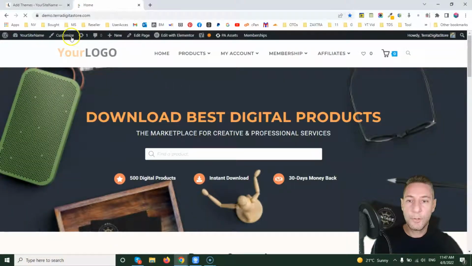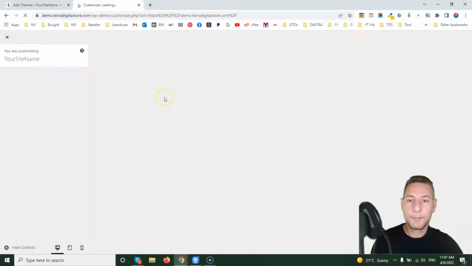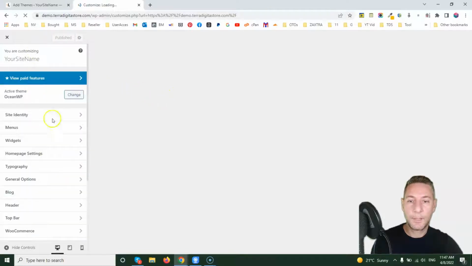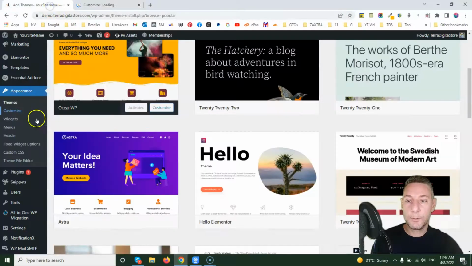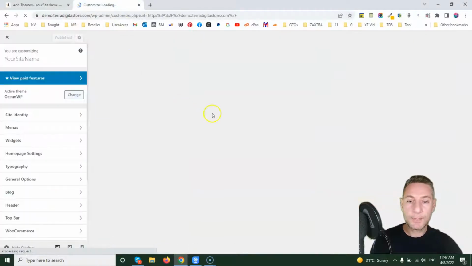There is the option customize. So if you click customize, you will go exactly on the same place. Yeah, here it is. Okay, continue. Then we have the widgets. On the widgets, how to explain simply. On the widgets, for example,